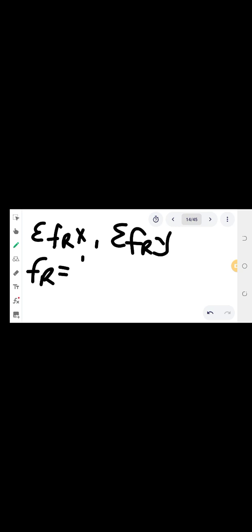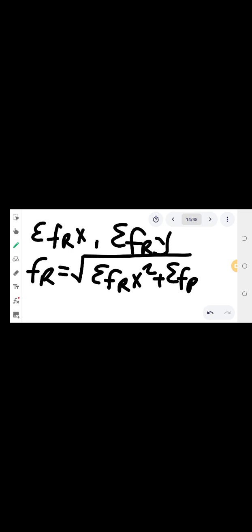After that, we are going to use this formula to come up with the resultant force. Fr is equal to the root of the summation of forces in the x squared plus the summation of forces in the y squared. So this is the formula that we shall use to determine the resultant. Then to come up with the direction of the resultant, which is theta, theta is equal to tan inverse